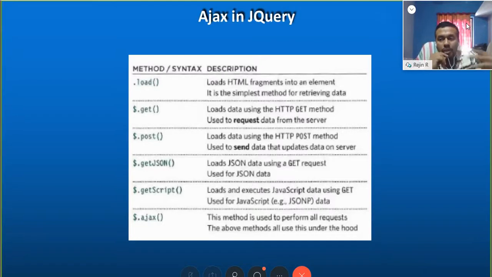For posting some data to the server, you can use $.post. And you can use other methods like getJSON, getScript. And there is a compressed method for all these things that is called $.ajax. You can use this method for making an Ajax request in jQuery.